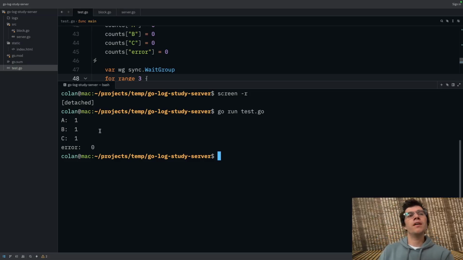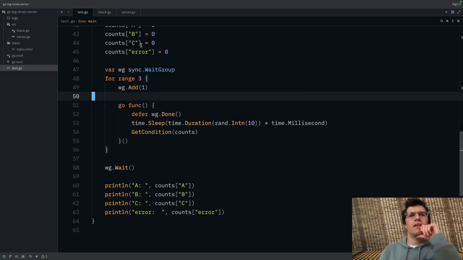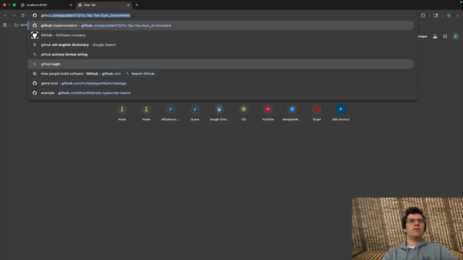So now that we actually have this working, you can see how block randomization works out. It is, I think, a pretty cool little technique to guarantee that you get a very good distribution across your participants in terms of the conditions that they're assigned. It's not very hard to implement. If you just want to use this server for yourself, you can just go on GitHub and yank it. I believe it's under the MIT license, and if it isn't, it will be by the time you're seeing this video. And I'll just show you real quick so you can find it yourself.